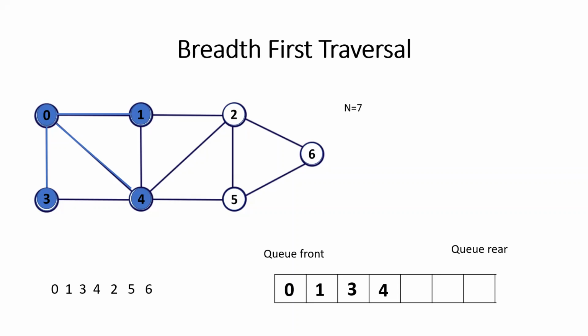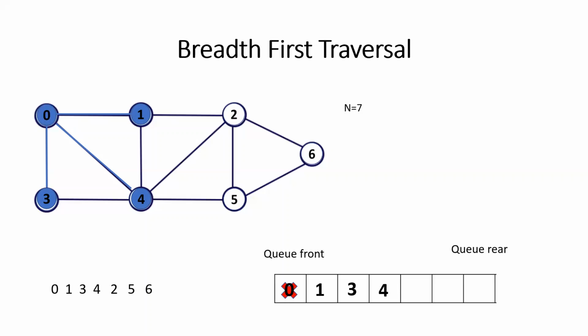Is it clear? Now, is there any vertex which is adjacent, which is non-visited and adjacent for vertex 0? We have explored all the 3, right? 1, 3 and 4. So we can remove vertex 0 from the queue. If all the adjacent vertices are explored of a particular vertex which is in front of the queue, then we have to delete or dequeue the vertex from the queue. So we have explored all the adjacent vertices of vertex 0. So delete vertex 0 from the front of the queue.